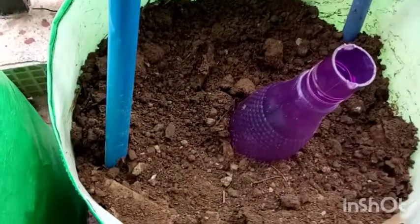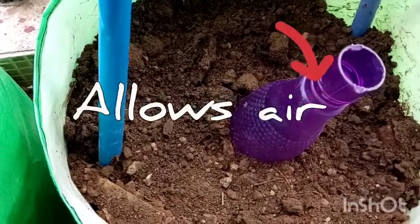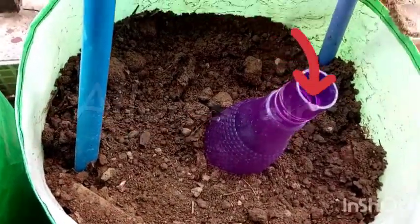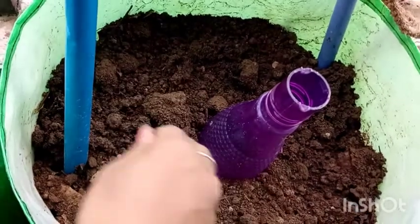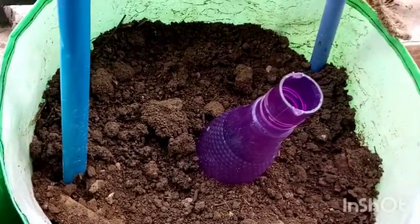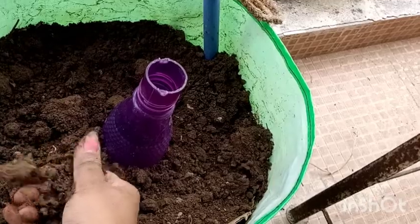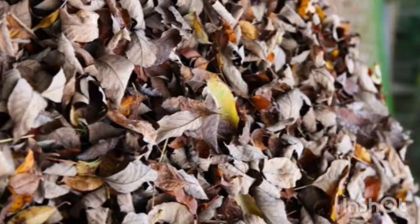Compost piles need oxygen, meaning aeration, to decompose the organic material properly. If your compost pile gets compacted, the compost will start to smell. Compost that has too little aeration will smell like rotting eggs. Turn the compost pile to help get air into the compost and stop the bad smell. You may also want to add some fluffy materials like dry leaves or dry grass to help keep the pile